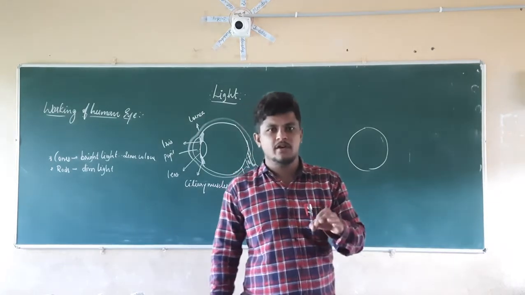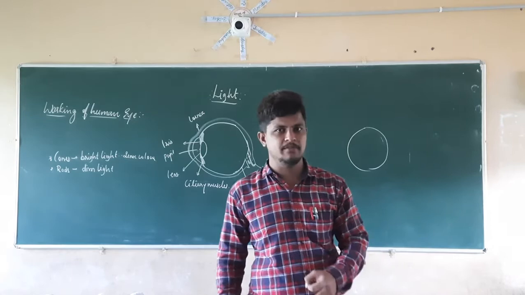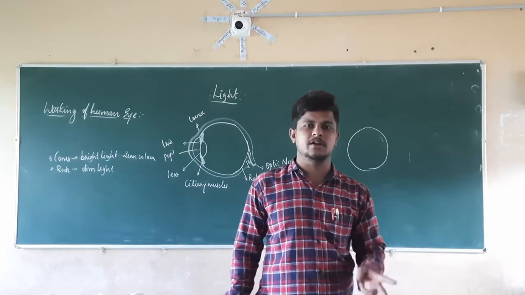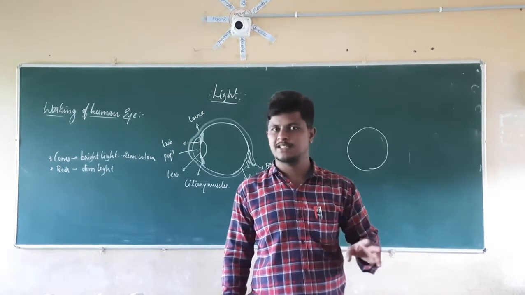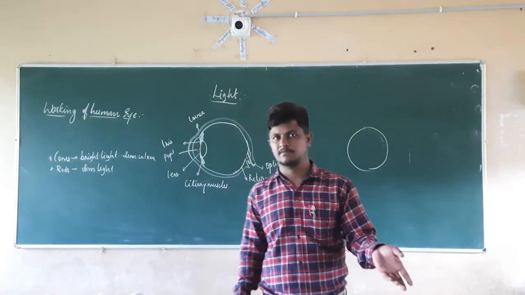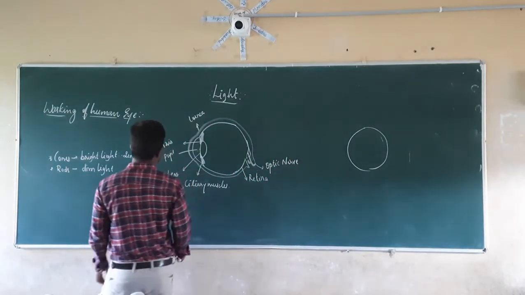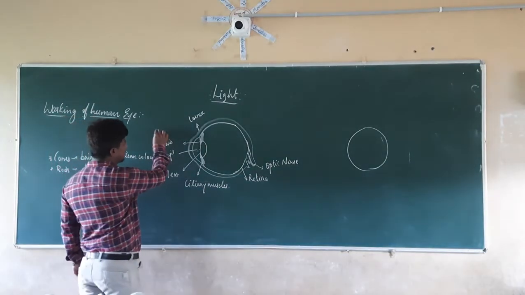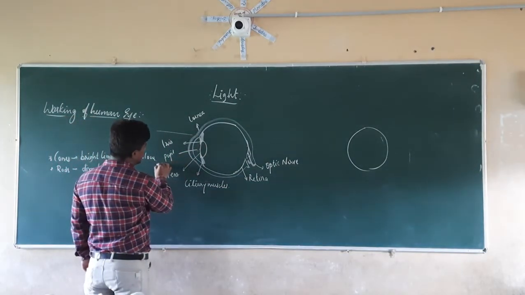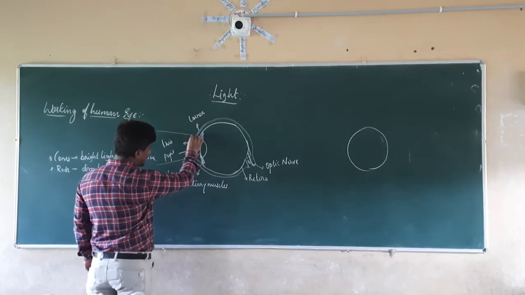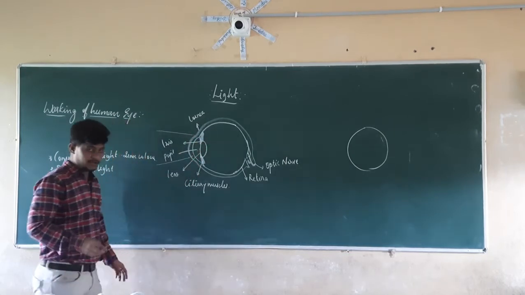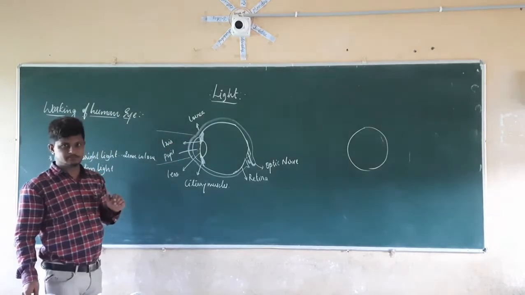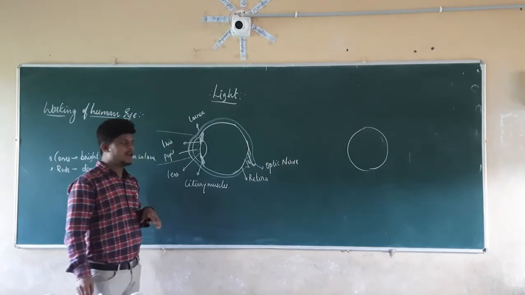We already know that for the formation of an image, while discussing the plane mirror, a minimum of two light rays should converge. If they do not converge, it is not possible for them to form the image. For that, the maximum convergence happens here, so the cornea is going to refract the light rays towards the iris. This is the major function of the cornea.